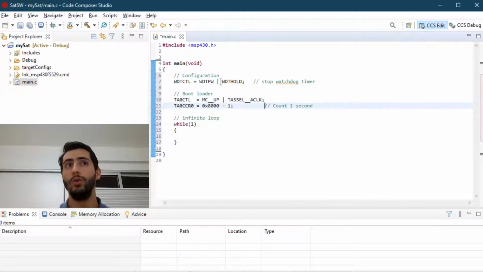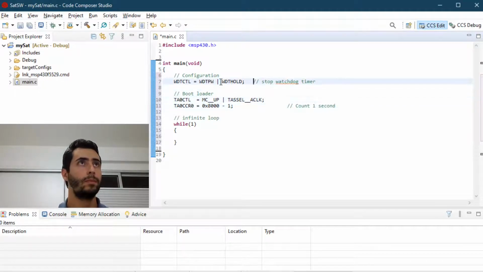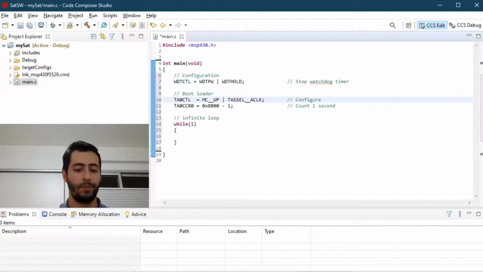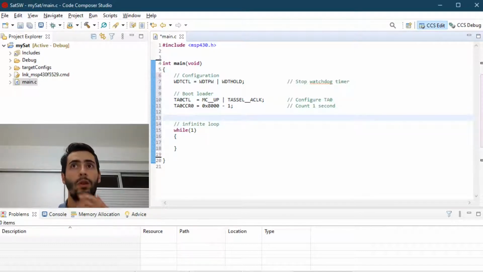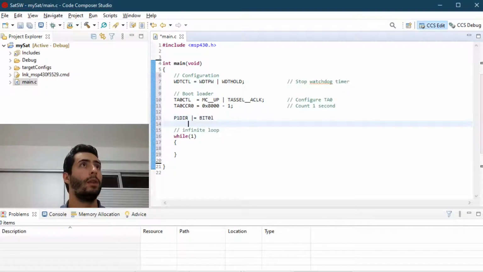So how are we going to use this? So configure timer A0. Let's use an LED just to know what we're doing. So I will configure the red LED, just to show you how you use this. So let me configure the output pin of the LED as an output,